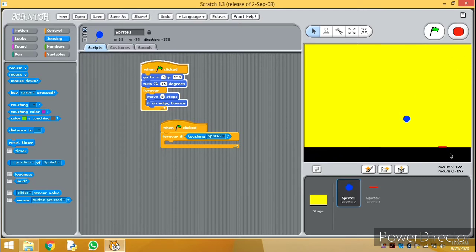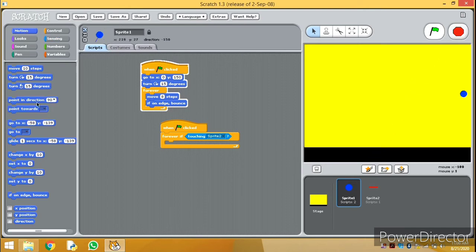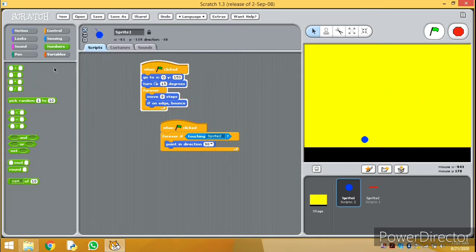can you tell me what the degree is over here? This is the direction, that is 180 degrees, and where the ball is bouncing, we will try to make the ball bounce to that particular direction. So we will say point in direction. This line is 180 degrees, so we will say point to the direction